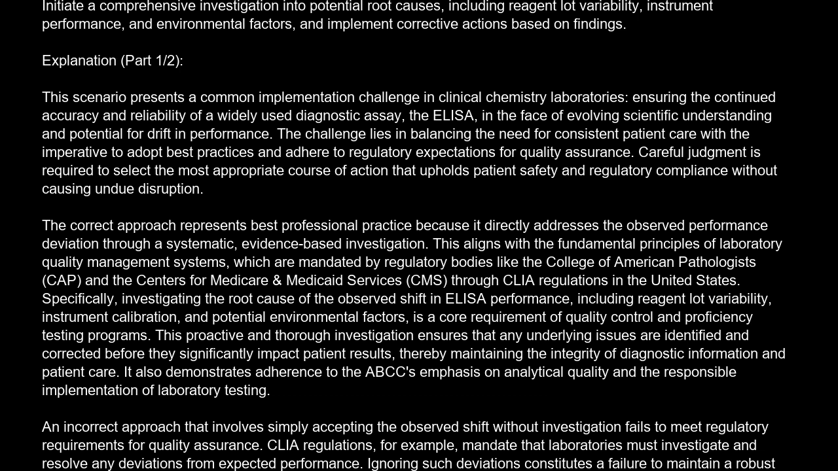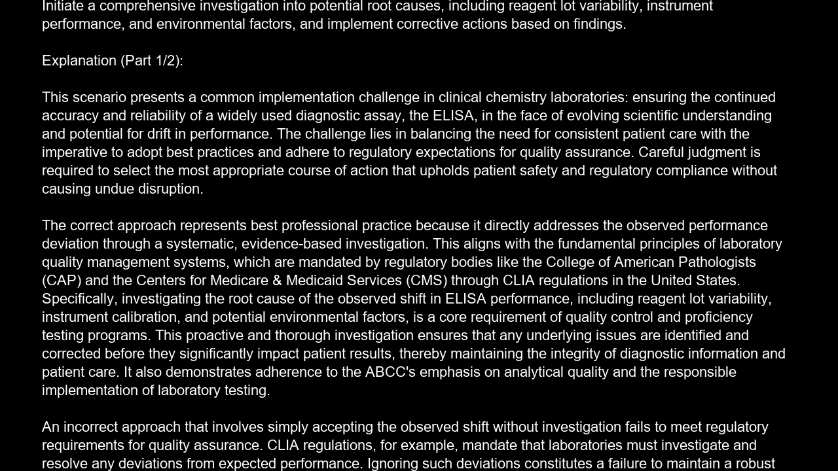This scenario presents a common implementation challenge in clinical chemistry laboratories: ensuring the continued accuracy and reliability of a widely used diagnostic assay, the ELISA, in the face of evolving scientific understanding and potential for drift in performance. The challenge lies in balancing the need for consistent patient care with the imperative to adopt best practices and adhere to regulatory expectations for quality assurance. Careful judgment is required to select the most appropriate course of action that upholds patient safety and regulatory compliance without